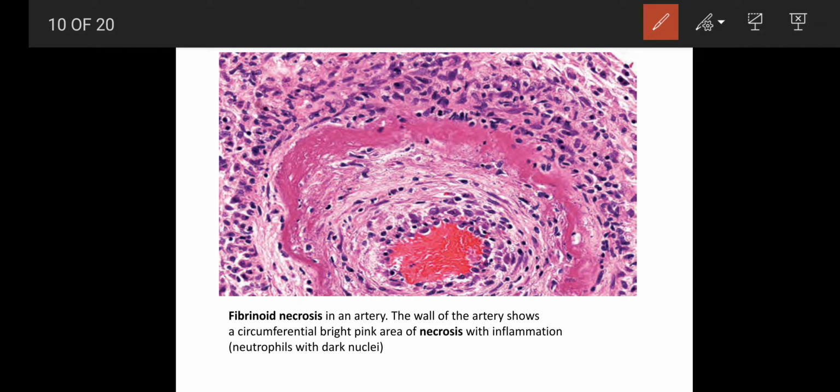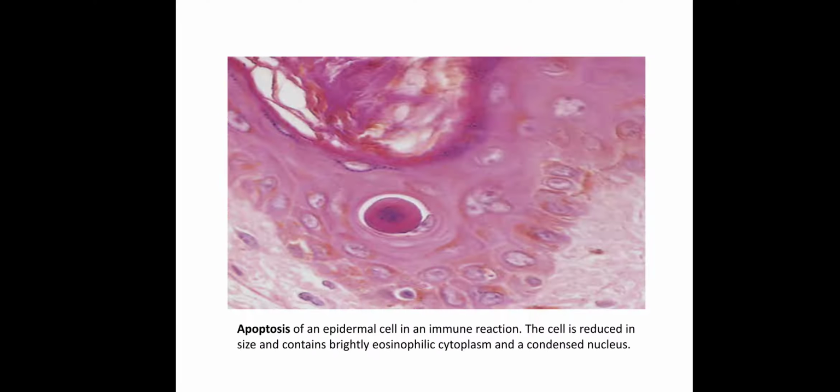Looking at this image, this area that I am marking is an area of fibrinoid necrosis, and what I have highlighted is actually the walls of an artery. So in necrosis, we see increased eosinophilia, increased pinkishness, plus there are inflammatory cells. These are the inflammatory infiltrates. I think this kind of fibrinoid necrosis is basically seen in rheumatic heart disease in the walls of the arteries.